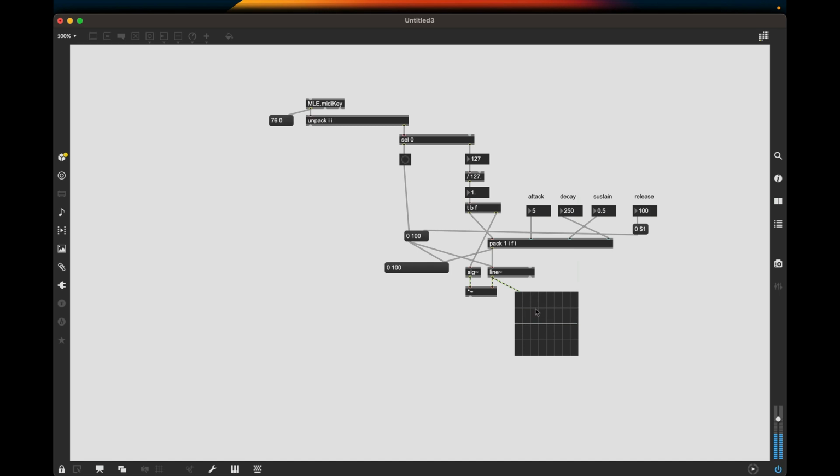All right, so we can kind of see that a little bit. So there's our attack, decay, here's our sustain, and here's our release. And there's a 0 value right there. Okay. So now that we've got an attack, decay, sustain envelope, let's go ahead and make our operator, our carrier